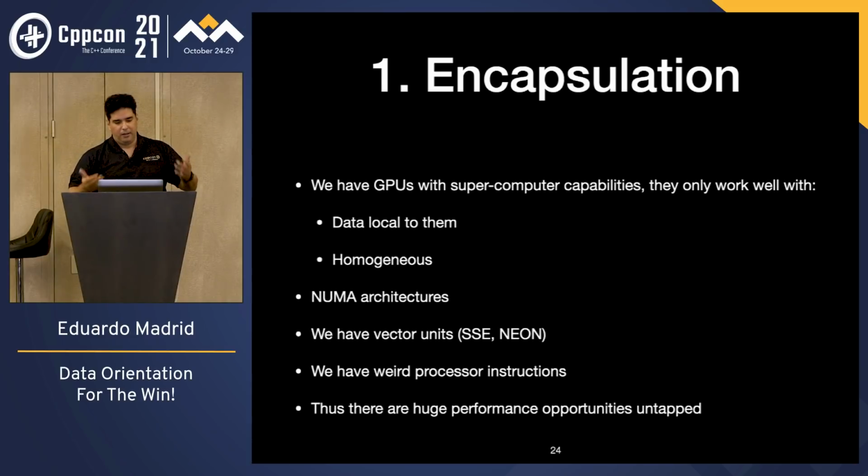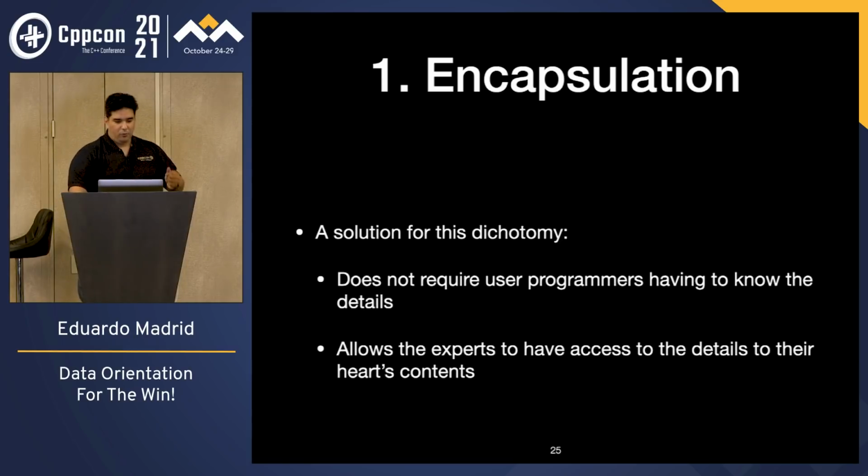Well, this problem gets worse because we have now GPUs that only work well with data that is local to them and data that is homogeneous. We have other types of non-uniform memory architectures, vector units, weird processor instructions. There are opportunities that are completely untapped. What is the solution for this dichotomy? Number one, like I said a few minutes ago, the user programmers should continue to not concern themselves with details, but we need to have access to the details. So this dichotomy is an apparently unresolvable conflict, but